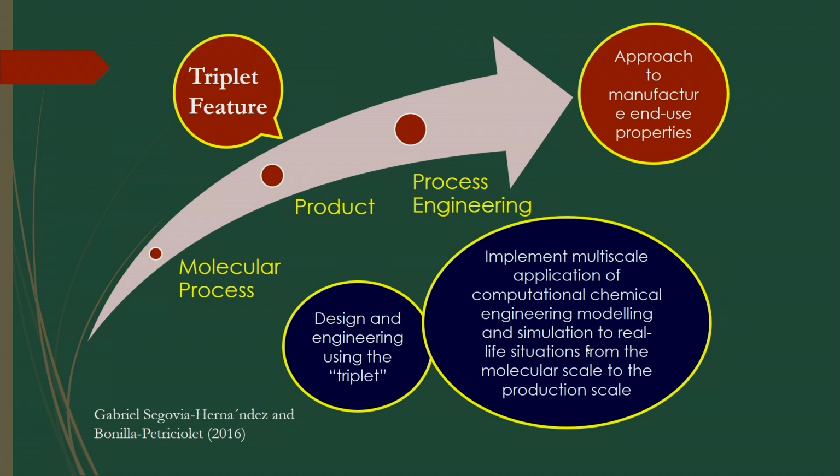Now, by these triplet features you have to approach the manufacturer and the manufacturer's end use, that is, properties like that of the final product. To get it, first you have to do the reaction, then the product, then the separation processes of that product mixture. So, to get that product mixture, you have to intensify the process unit, the methods, and the policy, so that you can get the final end use of the products that is being developed in your particular process intensification process.